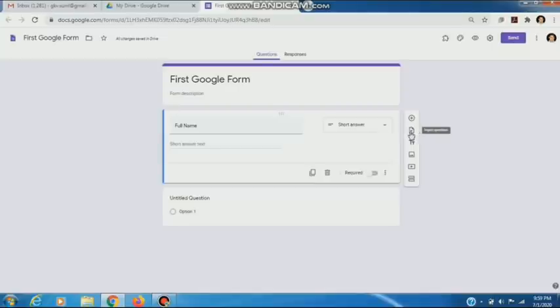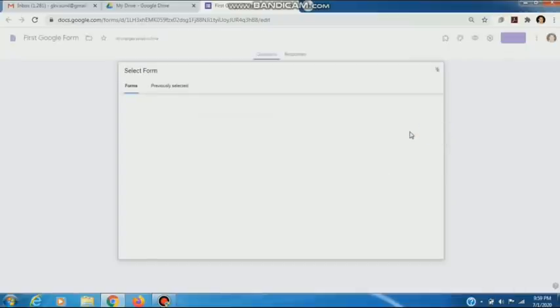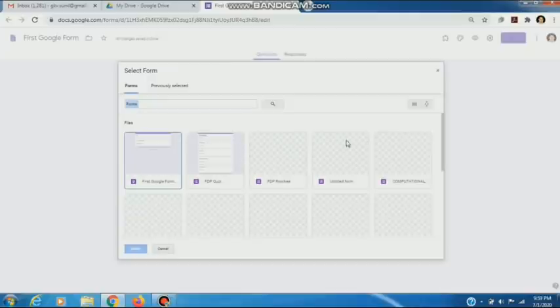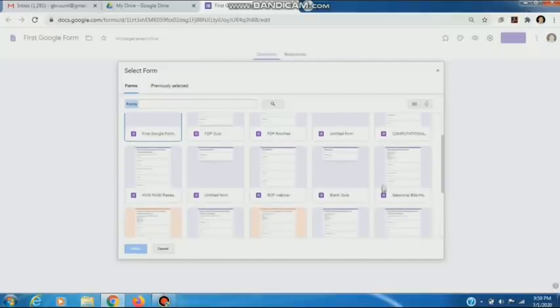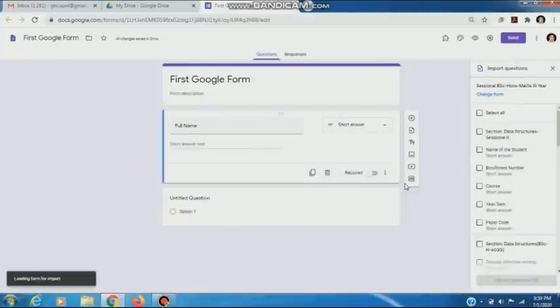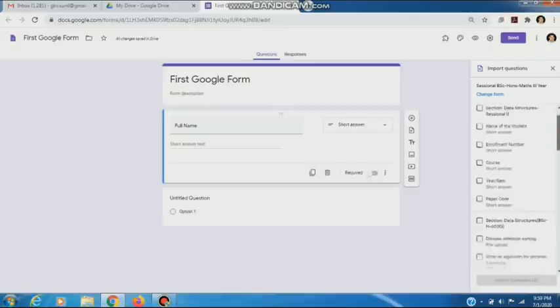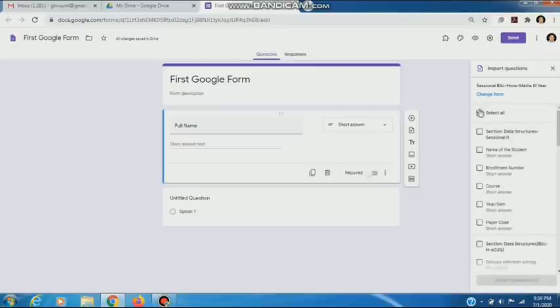Next option is import question. We can import questions from our previously created Google Forms by clicking here. Suppose I click here. These are the various quizzes and Google Forms which I created. Suppose I choose sessional BSc honors, whatever it is. I can select any information from this, or I can also select all the questions given in this.